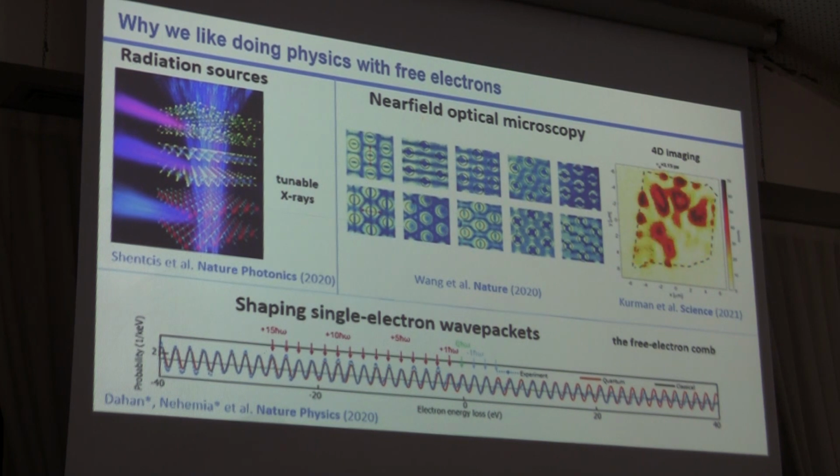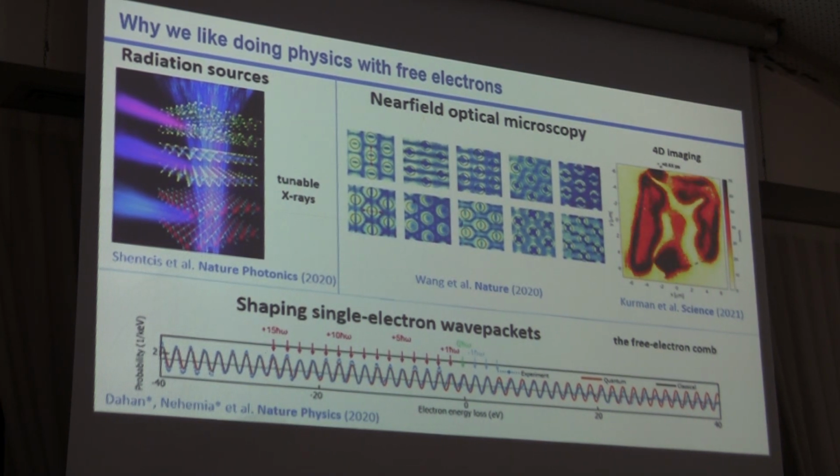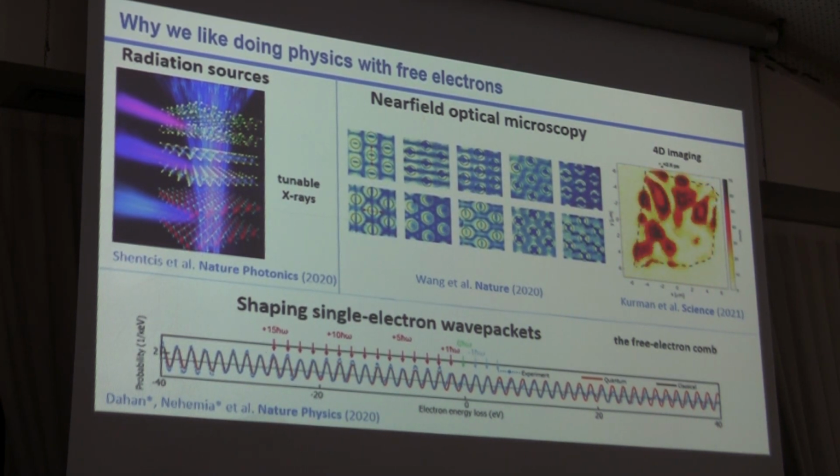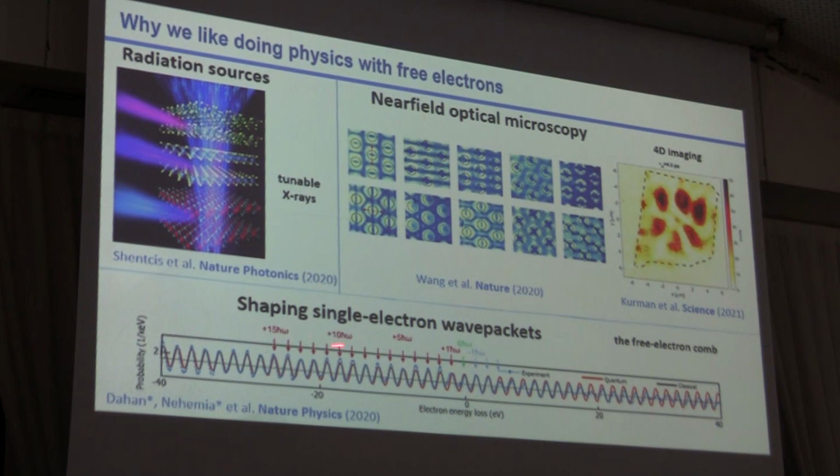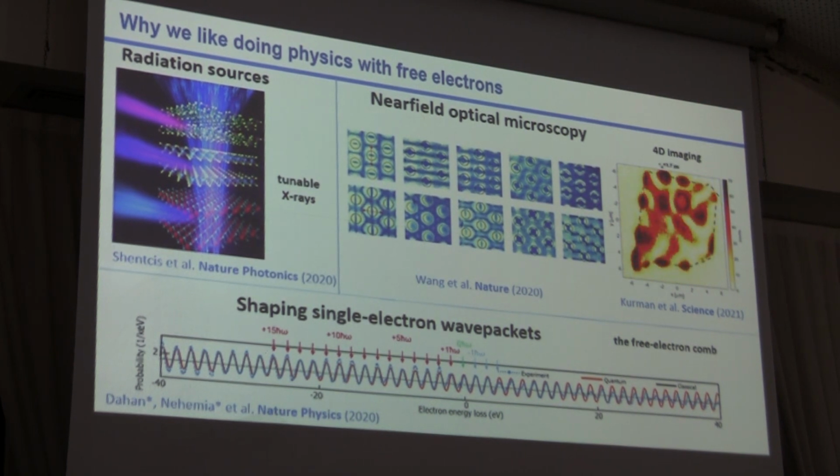Here you only see a section of it. So the electron basically doesn't know anymore what its energy is. And it becomes a superposition of multiple energy peaks here, which each correspond basically to the absorption or emission of a single photon. And we can actually show that this can happen in an equivalent manner. So that allows us to actually explore something pretty cool.